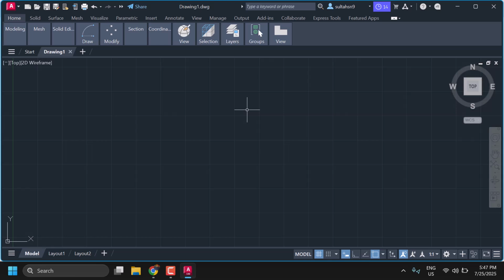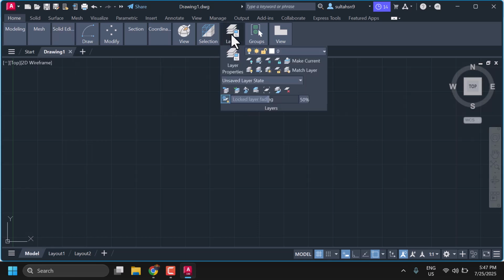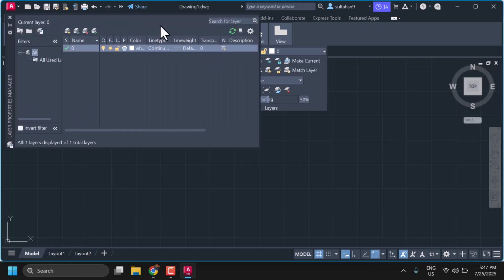In this video, I will show you how to create a layer in AutoCAD. So click on this layers, click on layer properties. In this dialog box,